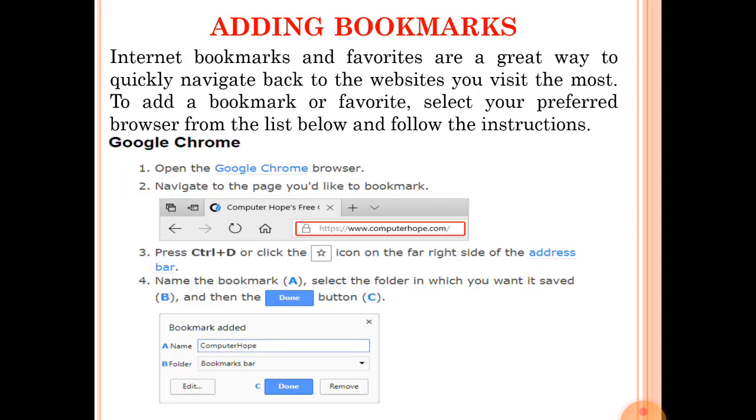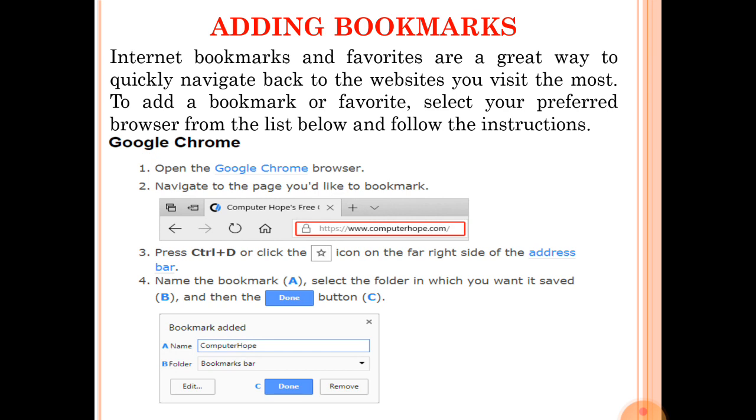Next is editing bookmark. Just previously I talked about what a bookmark is. Internet bookmarks and favorites are a great way to quickly navigate back to the websites that you visit most. If any web page or website is frequently, daily accessed by the user, we can bookmark that web page or website.